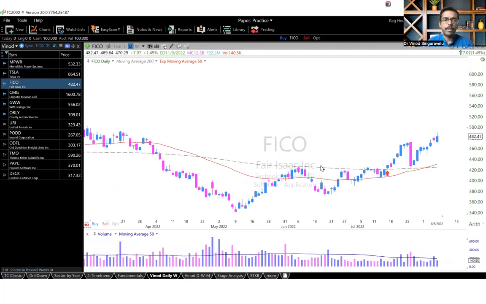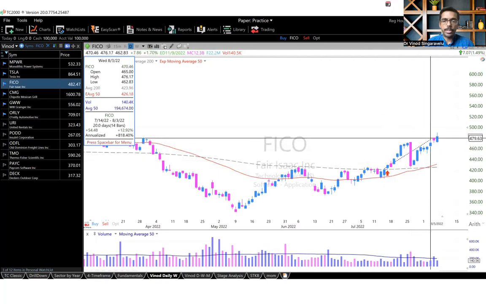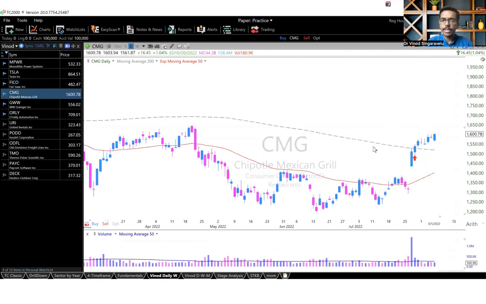Let's see what happened with the stock FICO, F-I-C-O. The red arrow is the indicator where it crossed this moving average. It nicely followed through, had a retest of that moving average, and followed through again. So it has moved. If someone had bought after the reclaim of the 200-day moving average, the stock is up about 15% since reclaiming that moving average.